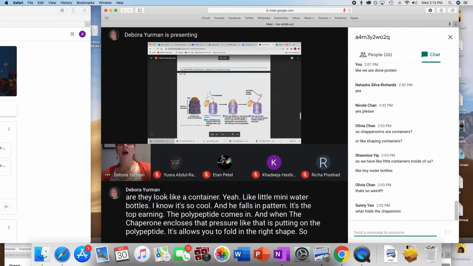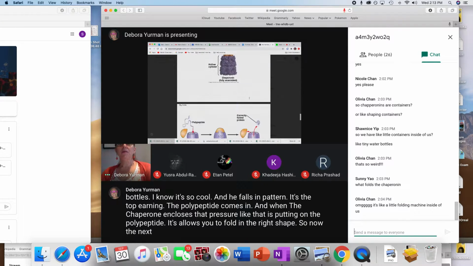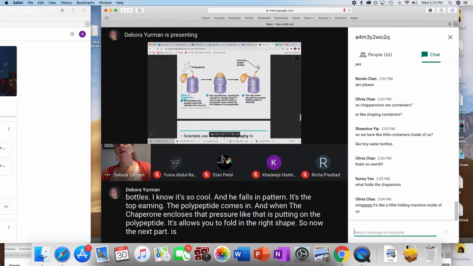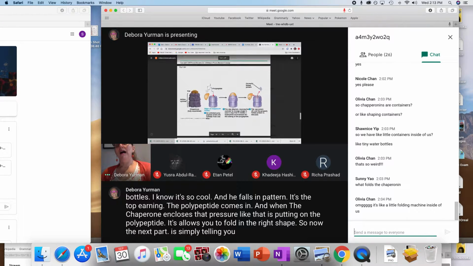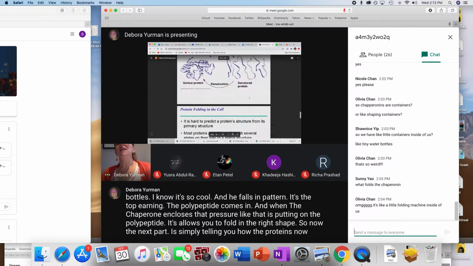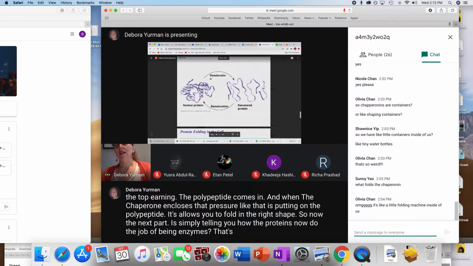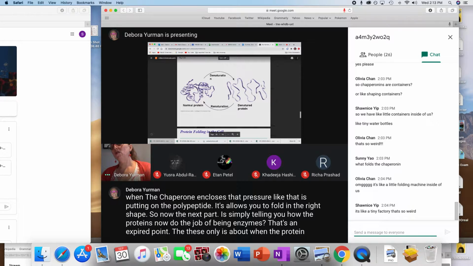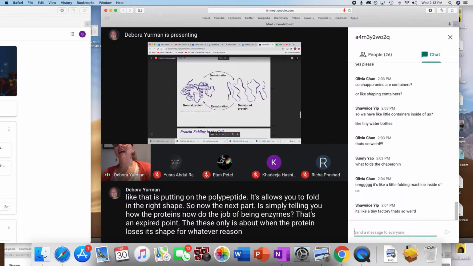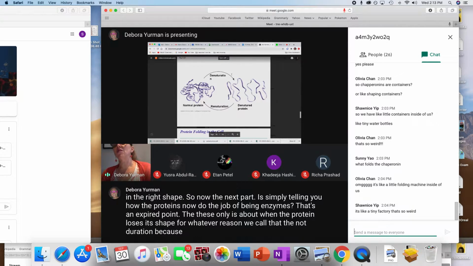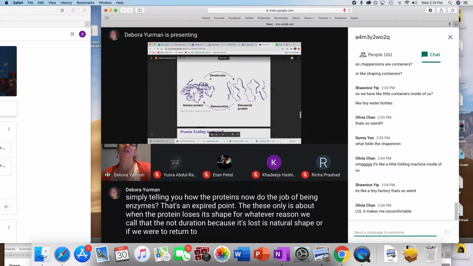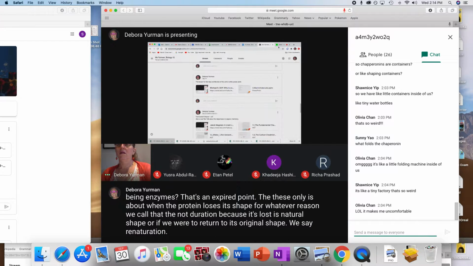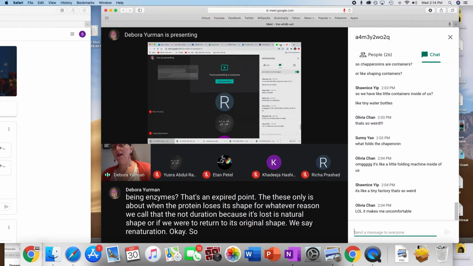So now the next part is simply telling you how proteins do the job of being enzymes. That's the next PowerPoint. This part is only about when the protein loses its shape for whatever reason. We call that denaturation, because it's lost its natural shape. Or if it were to return to its original shape, we say renaturation. Okay, so before I go to enzymes,